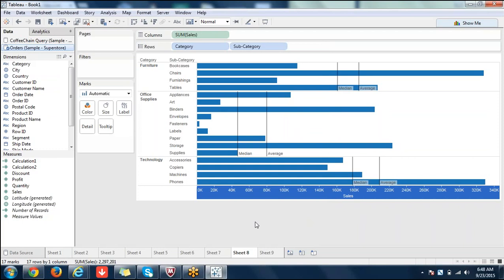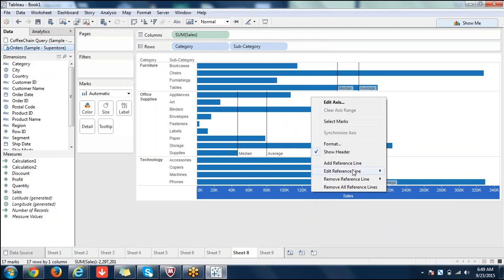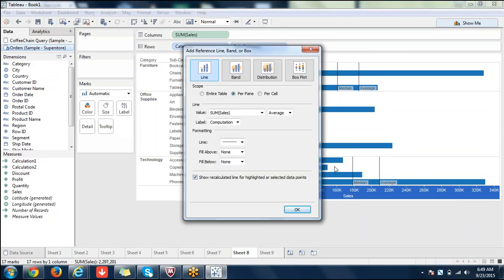That center part of the complete data set, that is the median here. You're seeing the average here. So if you can understand what is median and what is average, you can compare things like this. And you can add any number of reference lines like this. There is no limit to it, and we have almost 3 and 7 lines here. You can add 7 lines here.